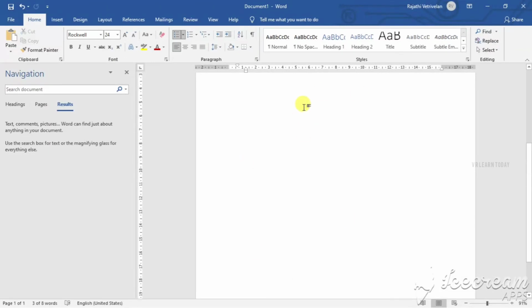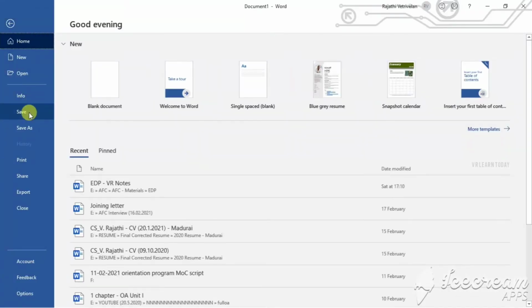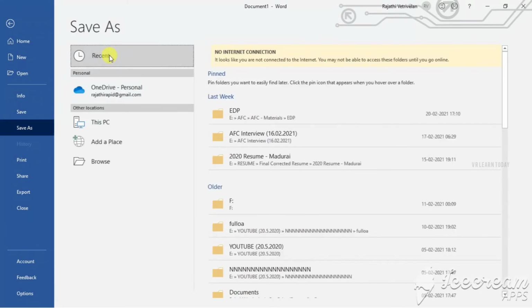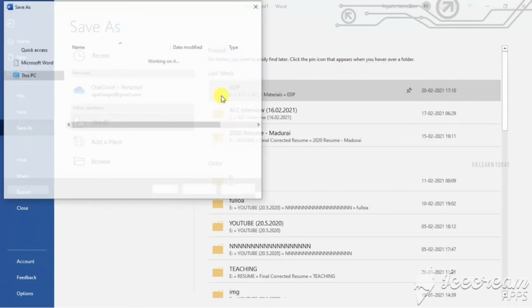So this is my document. Normally it starts as Document1, and it's still not saved. So I'm going to save. You can save in two ways. The first one is click File and Save. Here you can choose a recent place, or you can select the folder.